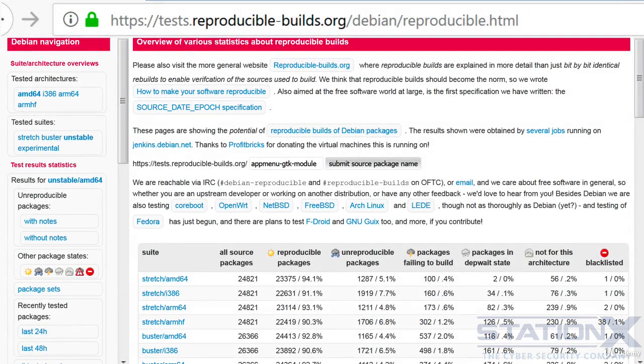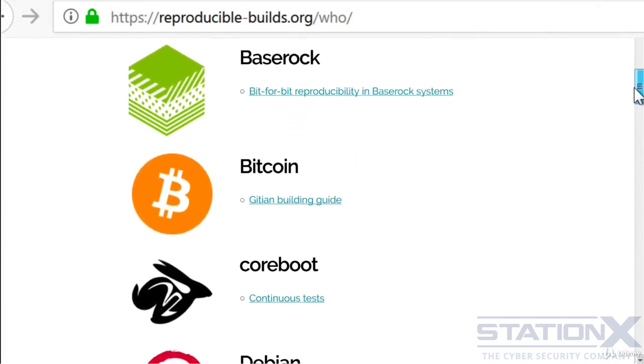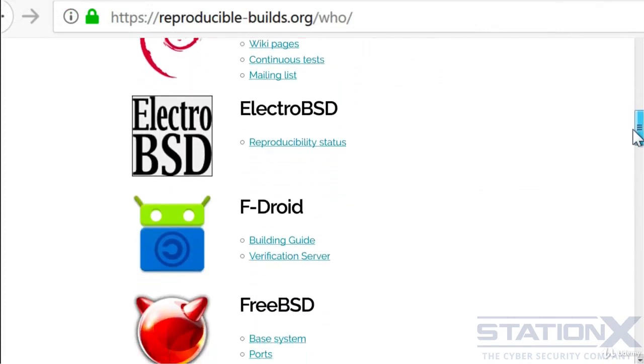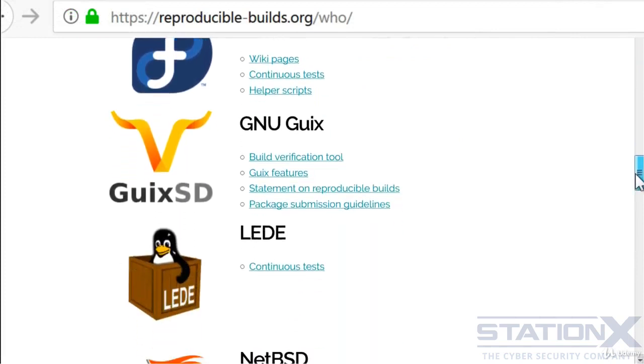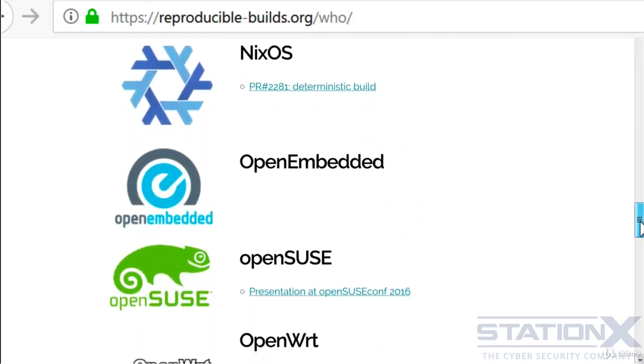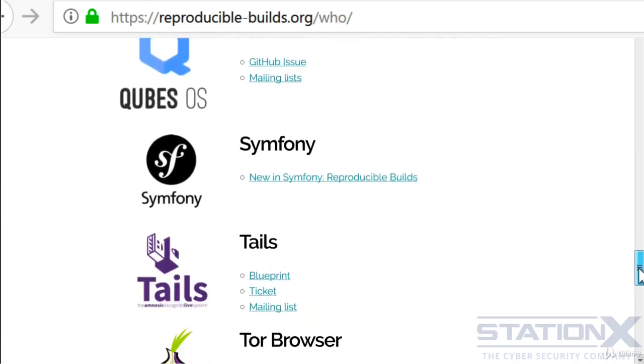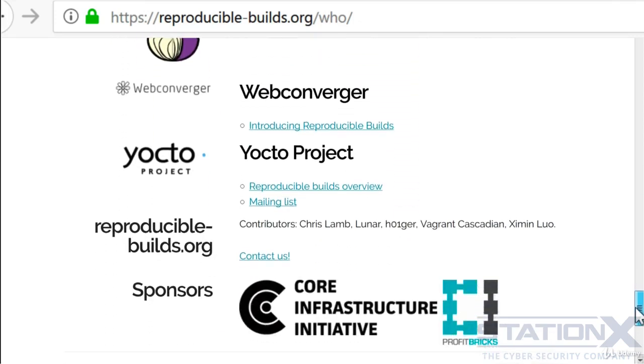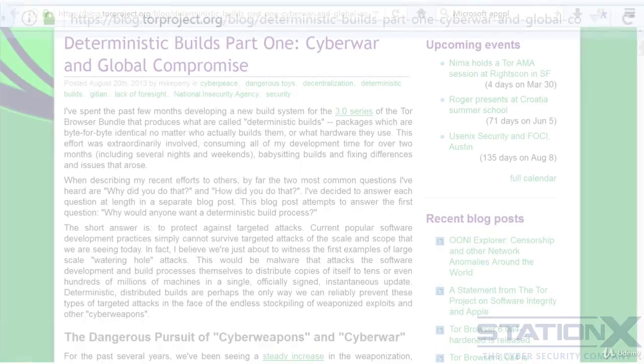There is good work going on in the Debian project, which is one of the reasons why I recommend it as an operating system for people who care about security, privacy, and anonymity. If your operating system is backdoored, all your precautions fail, so it's vital your operating system is solid. Debian is taking strides to get there. If we look here, we can also see all of these we discuss later are also making strides towards deterministic and reproducible builds. And if you're interested more in the topic, maybe you're a developer, this is quite a good read